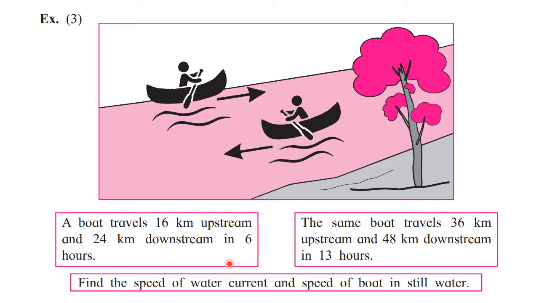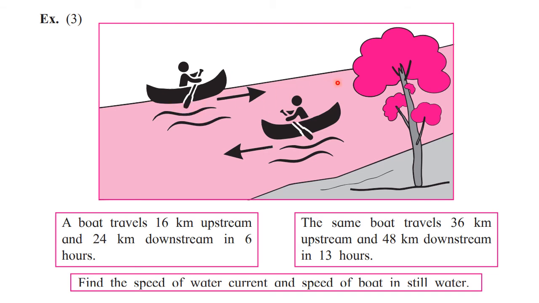Afterwards, the next thing to remember here is that the speed of the boat must be more than the speed of the water current. Or you can take speed of the boat as x and speed of water current as y. That will be better, in sequence. For boat we will take x and for water current we can take y. Anyhow you can take either, but the important thing is that the speed of the boat should be greater than the speed of the water current. Otherwise, the boat will not be able to travel upstream.